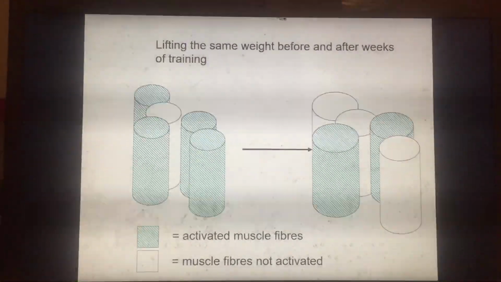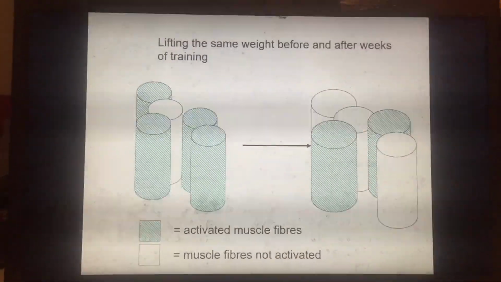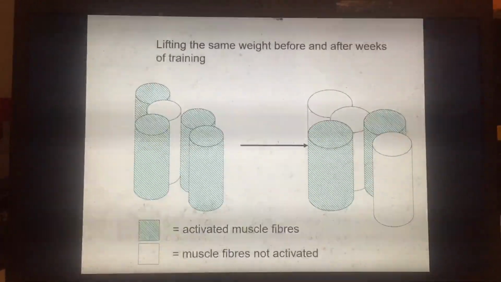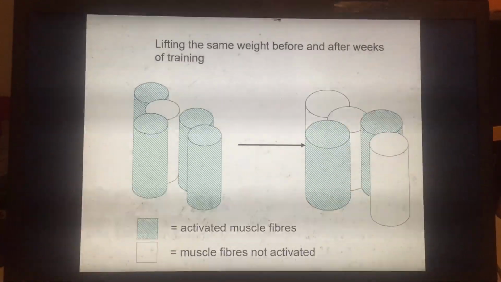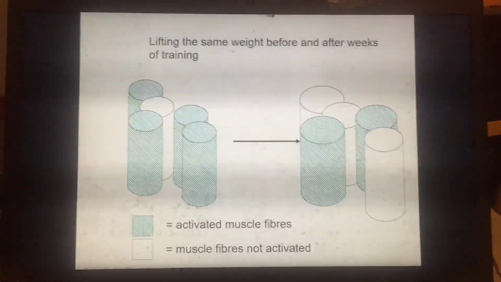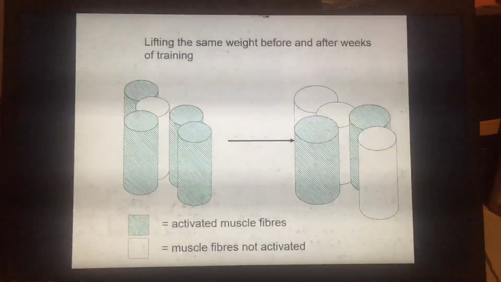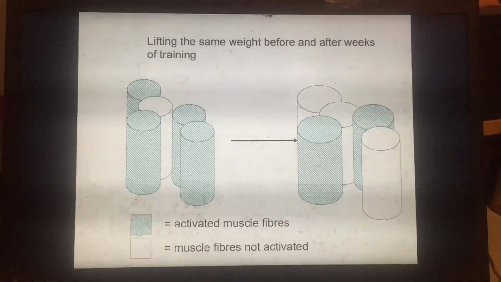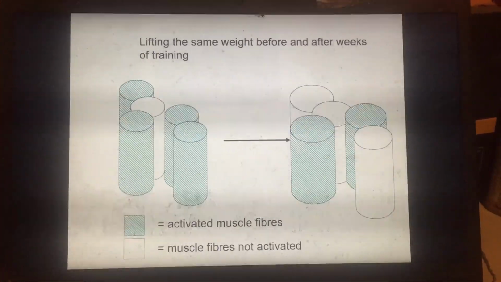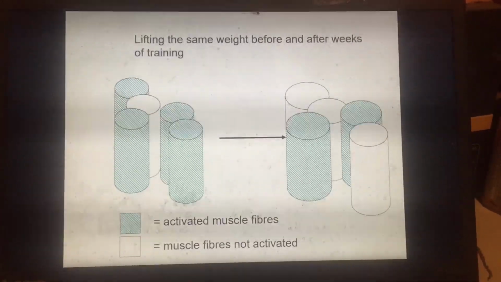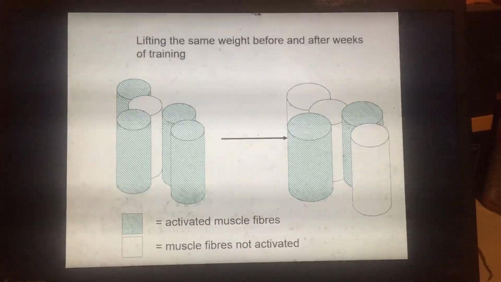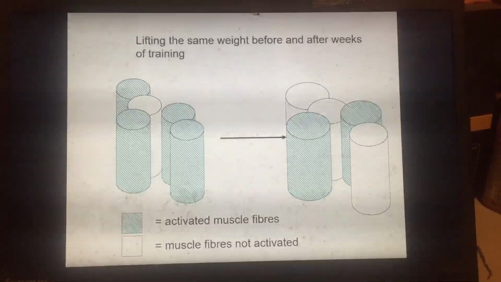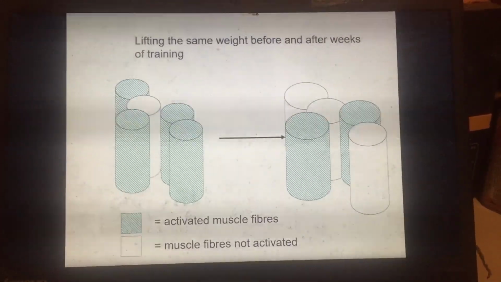This shows the physiology behind the overload principle. This is what happens if you lift the same weights before and after weeks of training. Initially your muscle fibers will probably increase in size a bit, but as you continue to lift the same load, you will become more efficient at lifting that load, and you will require less motor unit activation to lift the same load.